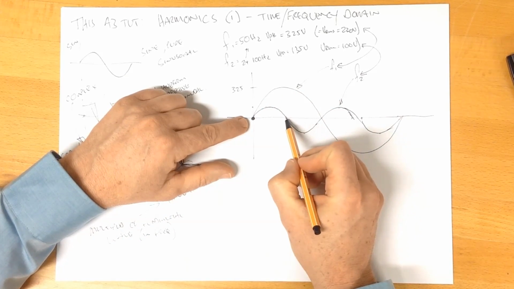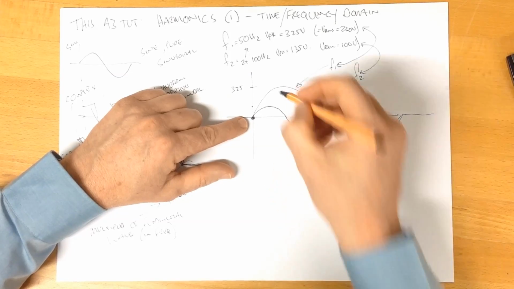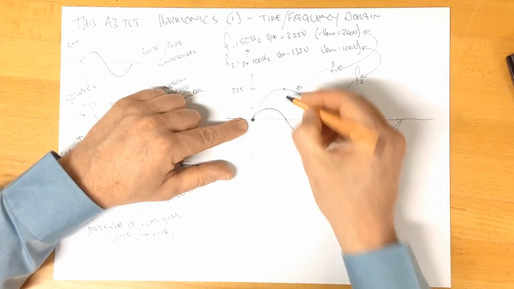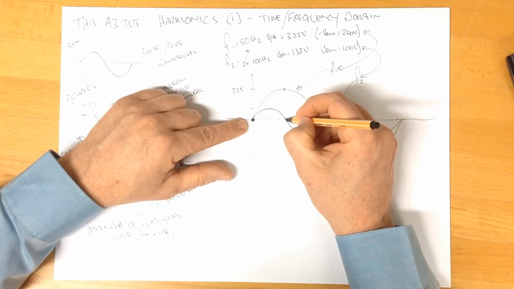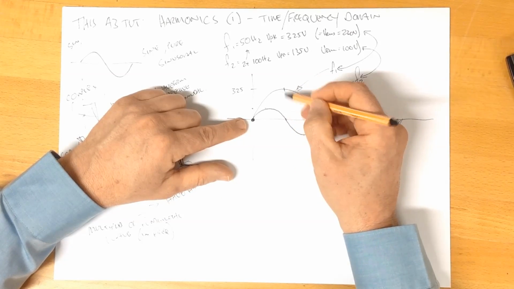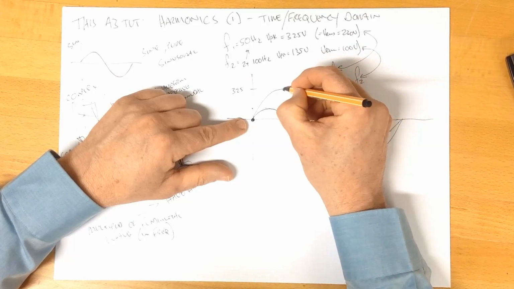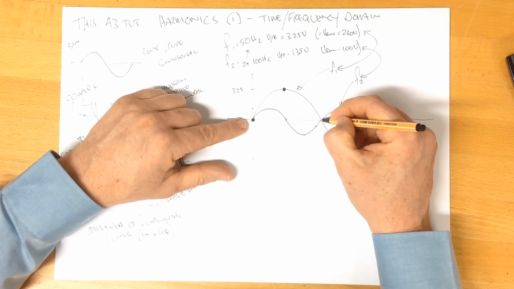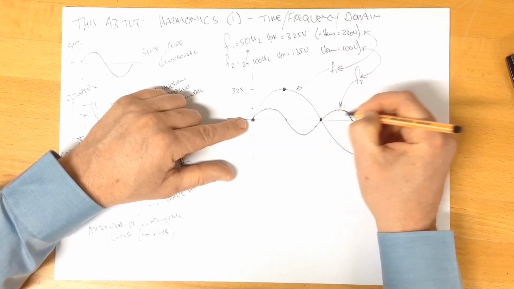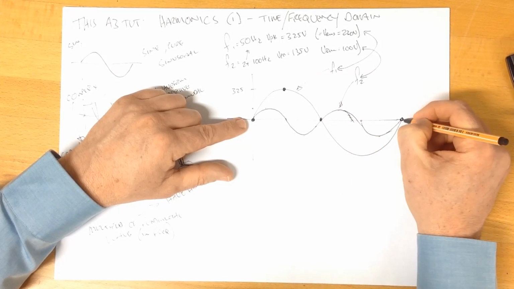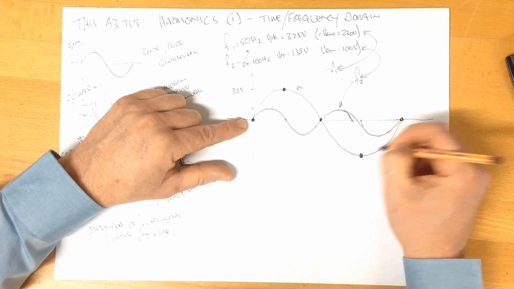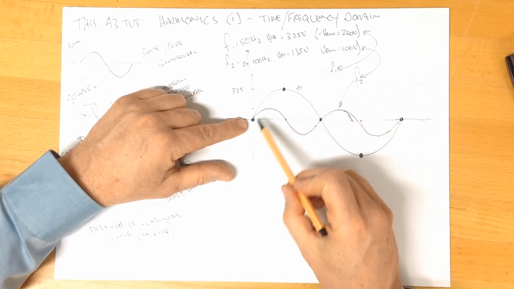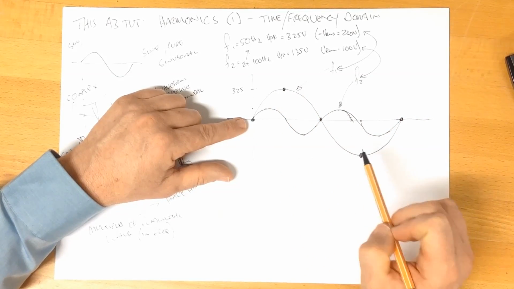Similarly, the peak of our fundamental plus the 0 of our second harmonic crossing, 0 plus that peak value will equal that peak value there. 0 plus 0, 0 plus the negative peak. So our complex wave is going to go through those points there, but we probably need a few more data